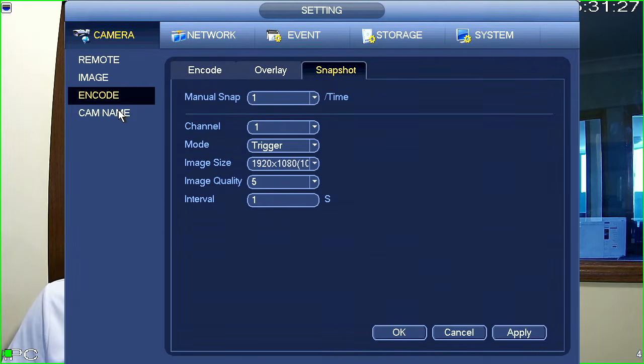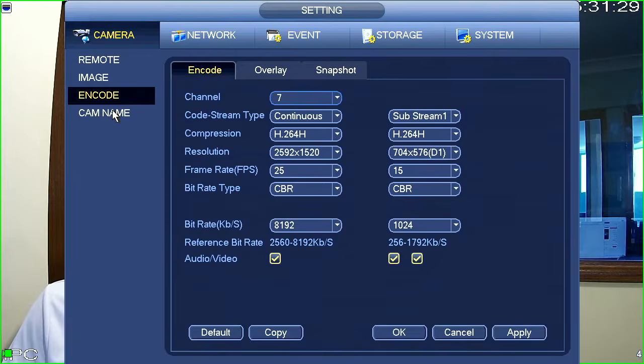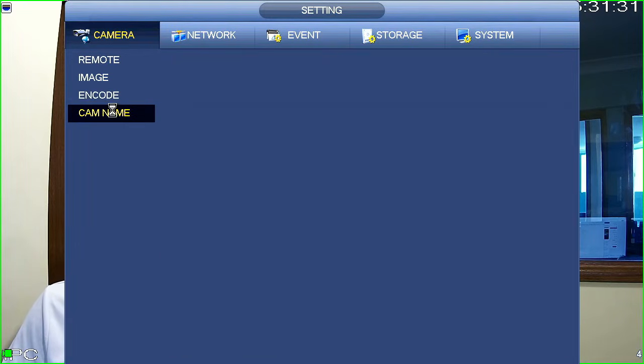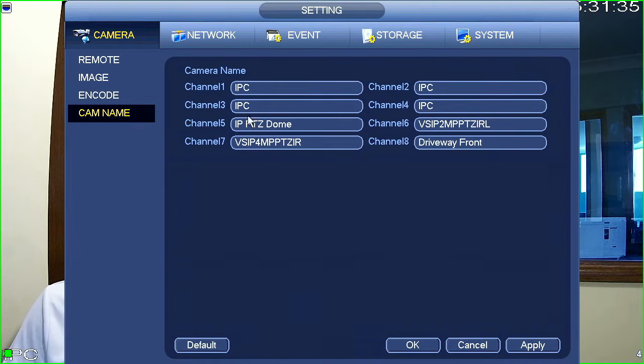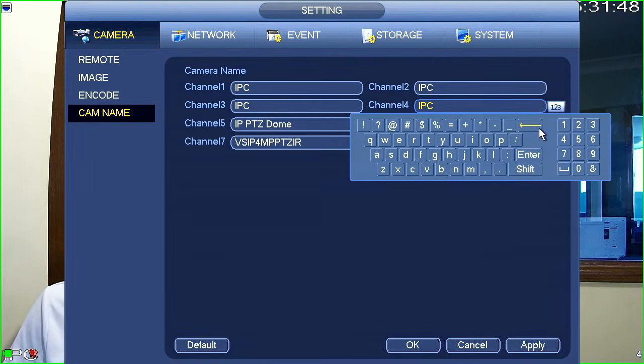So the last thing that we've got here on the camera section is camera name. Now we went over this a little bit a second ago when we were talking about our overlay settings, but essentially this just sets the name that's on the camera. Now I still have camera 4 full screened, so what I'm going to actually do is I'm going to change the name that's on camera 4